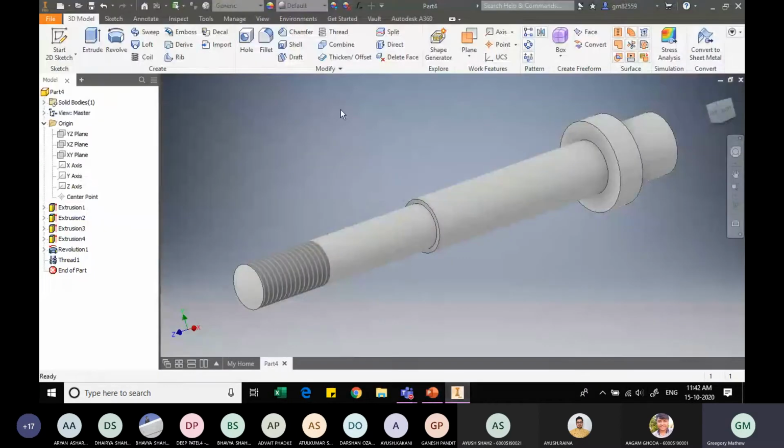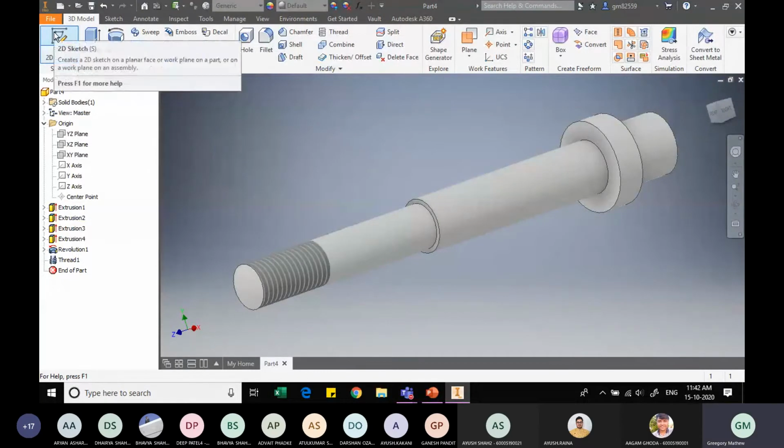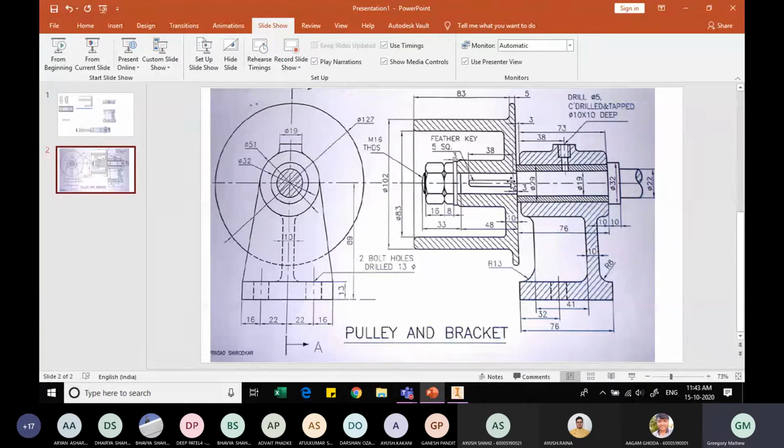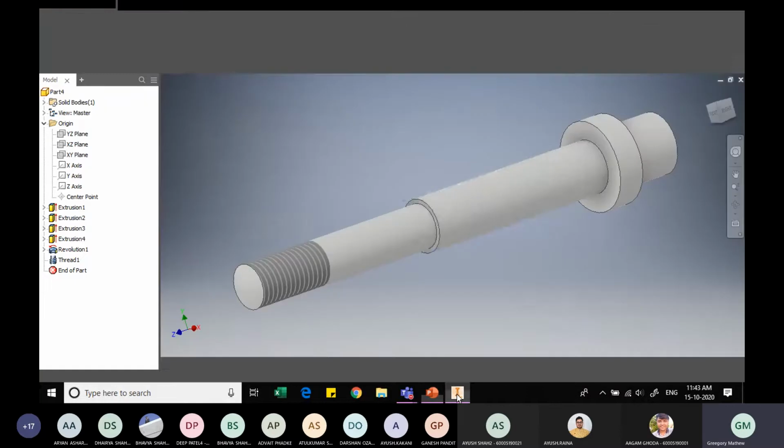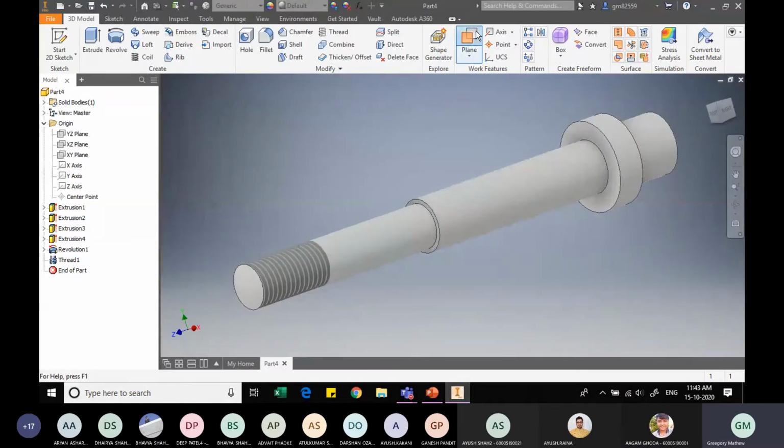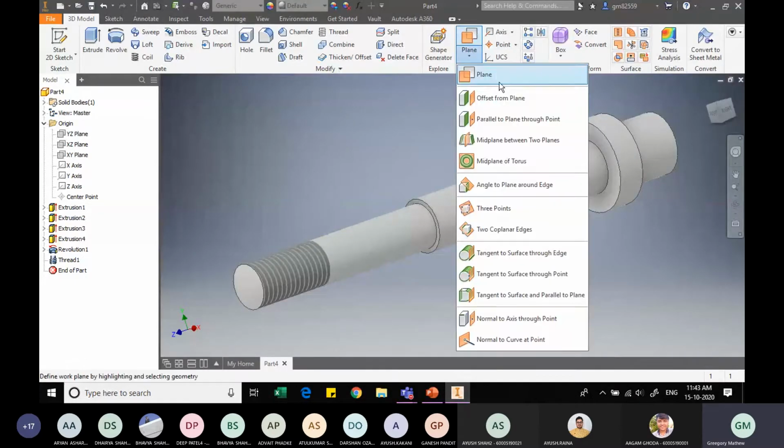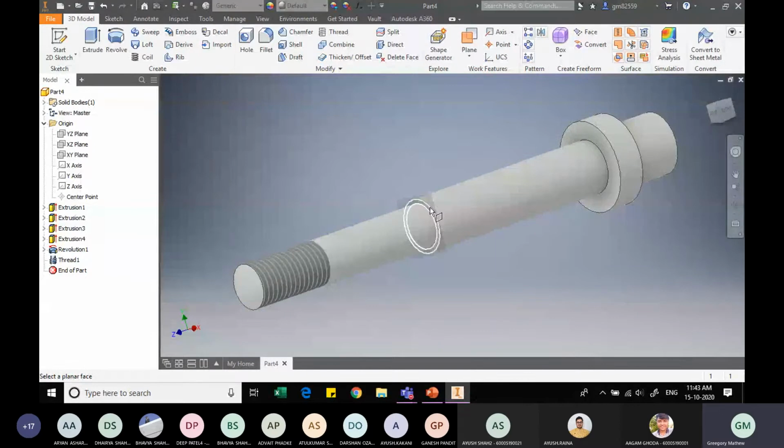So let me go back. And to do that, what you need to understand now is the key is starting at 3 mm from this face. So I will need an offset plane, and on that plane I will sketch. Just look how I'm going to do it. That is first going to the plane option, offset from plane, meaning which one, this face here. From this face I need a plane which is 3 mm offset.